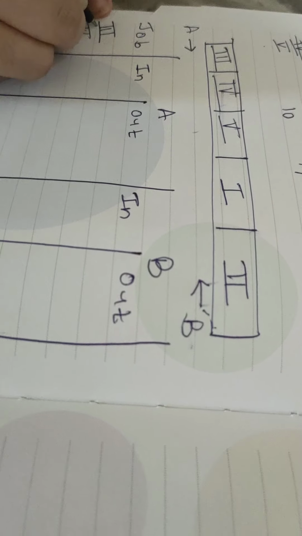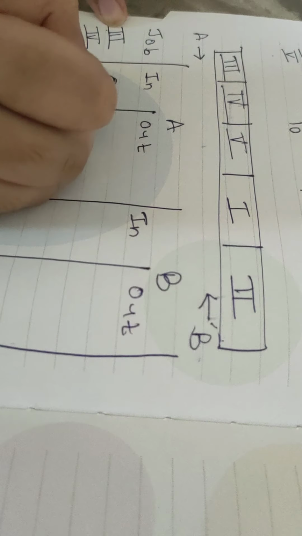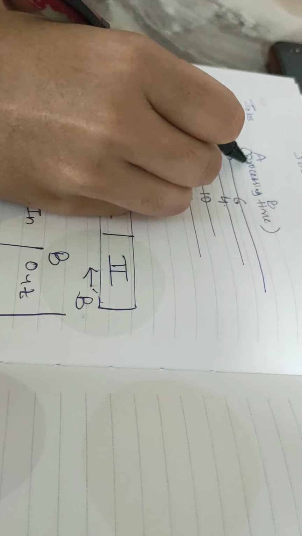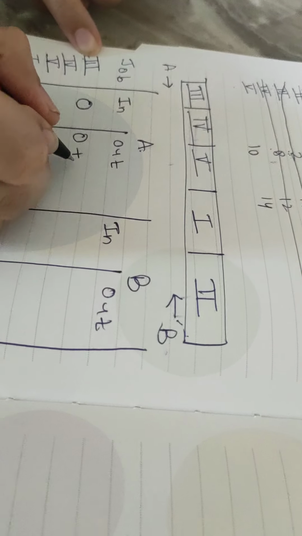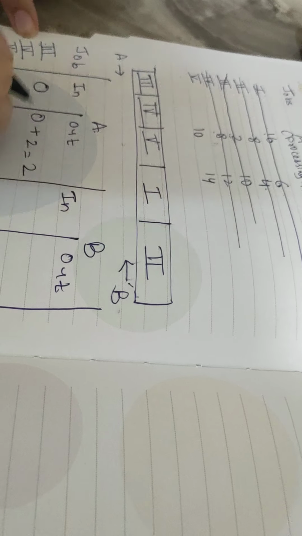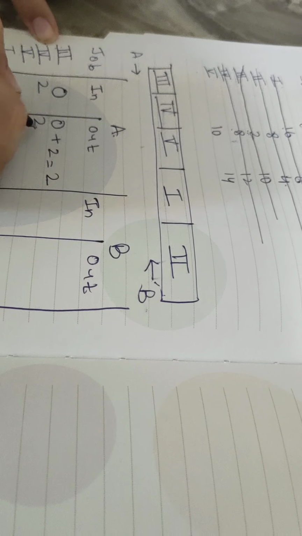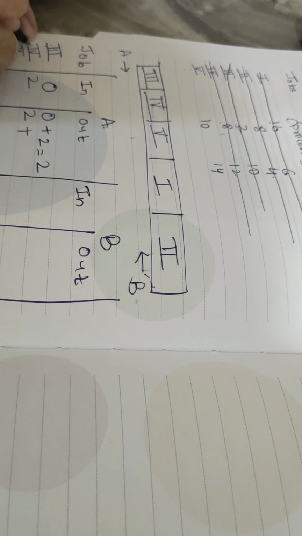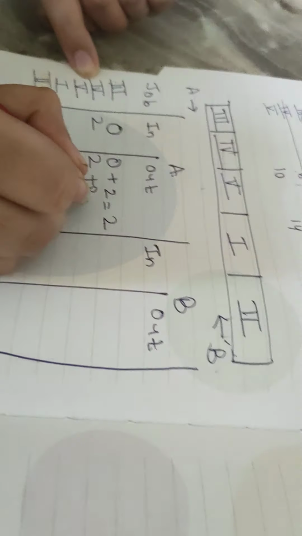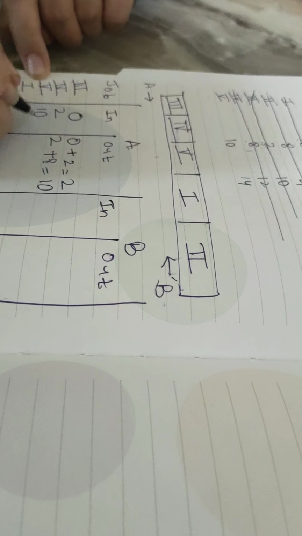In time, the first job is the third job, so it will start from 0 time. Here it will be 0 plus. For A at the third machine, my value is 2. So 0 plus 2, it will be 2. Out time of this will be in time of this. This will be 2. This will be 2 plus. For A machine, fourth work. A machine fourth, that is 8. That is 10. This out will be in for next job.